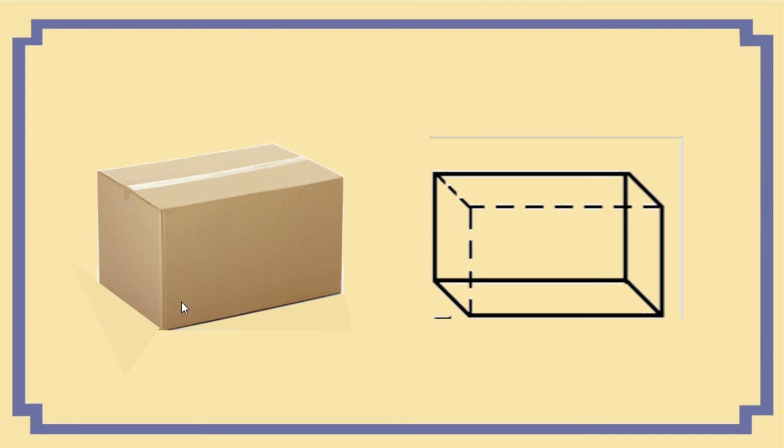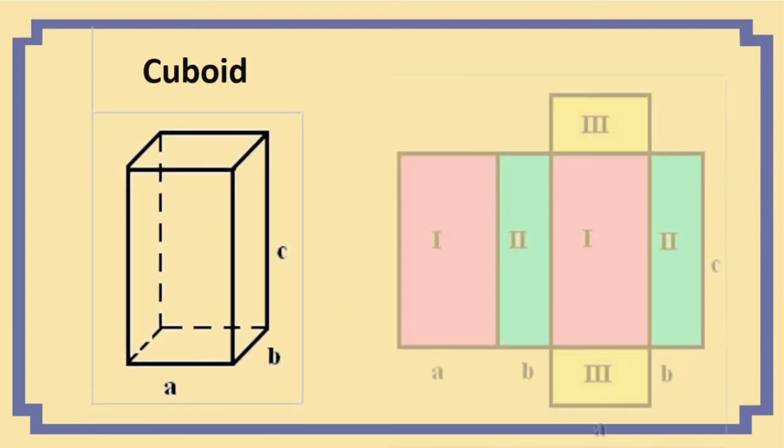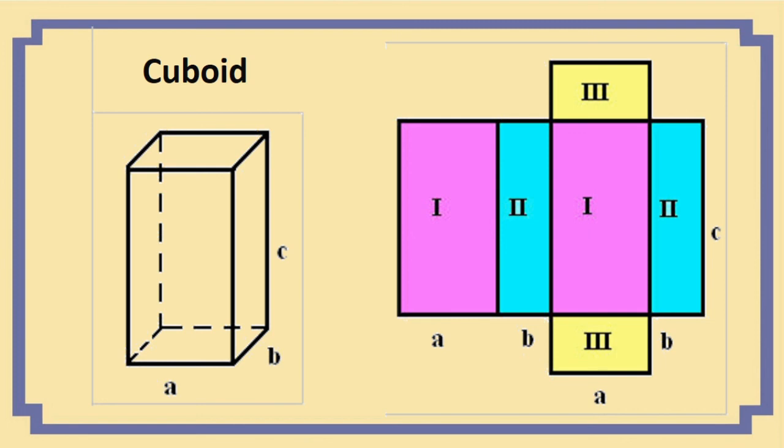Isn't it? See, this is cuboid skeleton, and see this. Here pink color and blue color and yellow color you can see. If you fold one above the one and 2 in front of 2, if it comes like this, and 3, here you can see the upper side, and here this down. Yes, dear children, try this at your home.